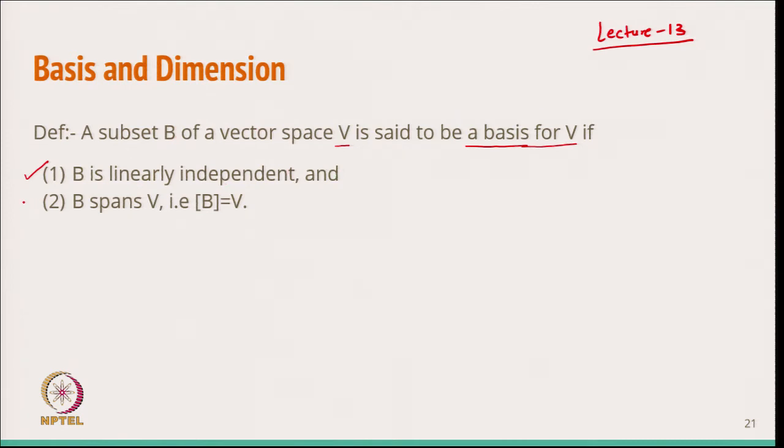And the second is that B spans V. It means that the span of B is equal to the complete V. So, in that case we say that this B is a basis,